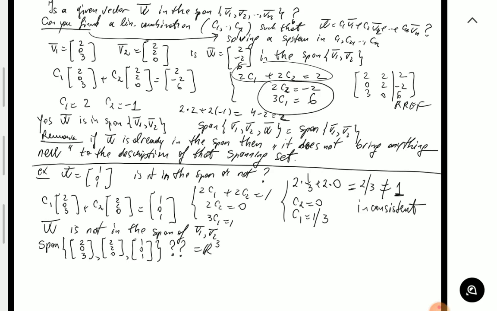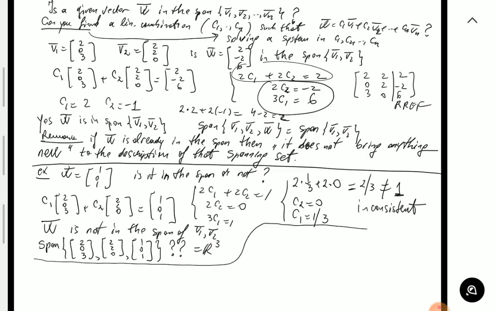As you'll get the feeling of it, all of these questions, is a vector in the span, is it not in the span, does it describe the whole thing or not, all of them actually boil down, in the end, to solving a linear system, or at least analyzing the solution of a linear system. So if I'm asking whether this describes the whole thing,